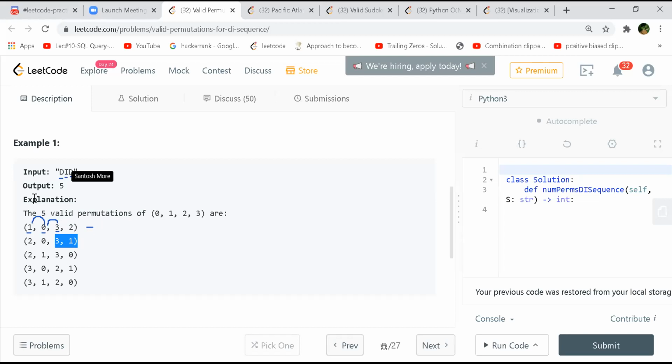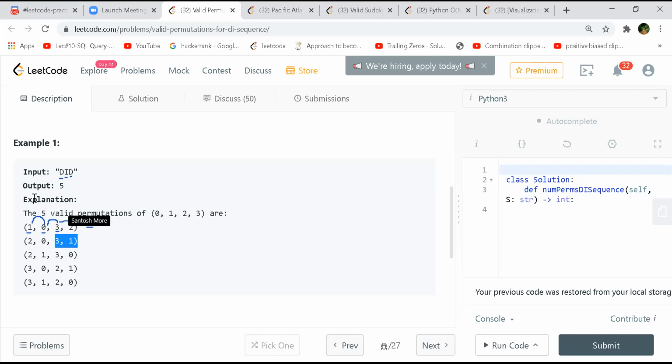It says there has to be a decreasing element next to it, so after 3 you have 2, which is decreasing. So this is one permutation.